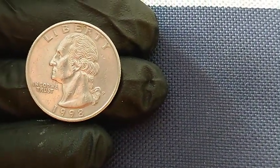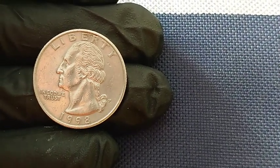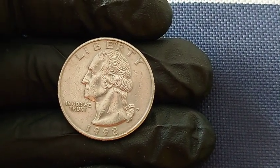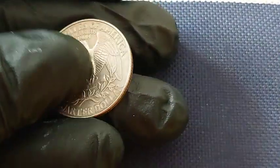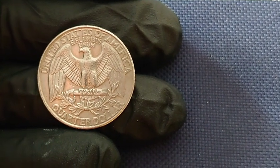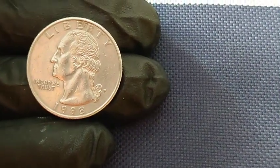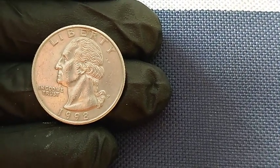and historical revelation began, and what they found through microscopic analysis, metallurgical testing, and historical research would defy all known parameters for US Mint production, because this 1998 P quarter wasn't just slightly misaligned, it was an extreme case of die rotation, over 170 degrees, which meant the reverse of the coin was nearly upside down in comparison to the obverse, a phenomenon almost impossible in the highly regulated minting environment of 1998, but that was just the beginning, because